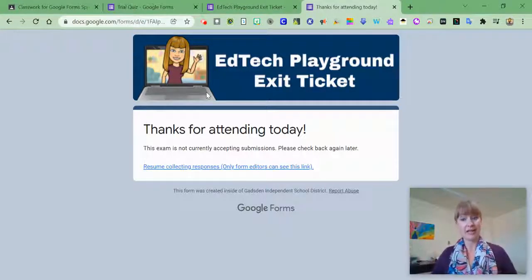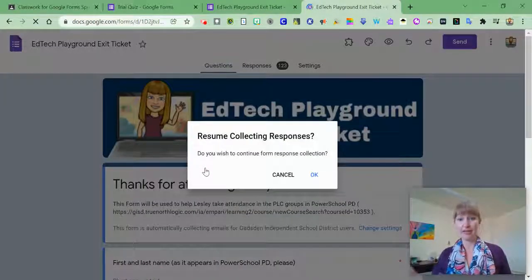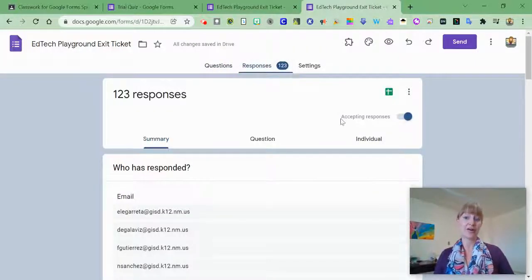So if I copy that link, just to double check, it says resume collecting. So all I do is click that, and then Google asks, do you wish to continue form response collection? And I say, okay. And without even clicking on that response tab, it's already accepting responses. So Google has your back if you forget,